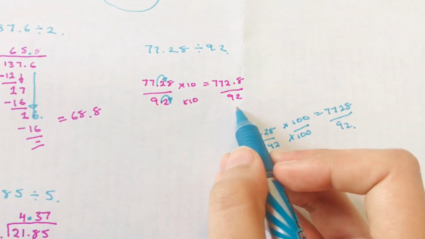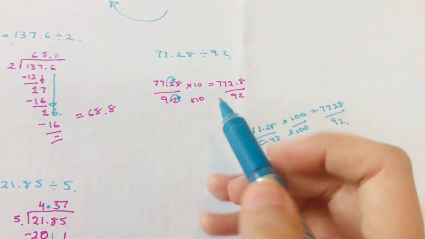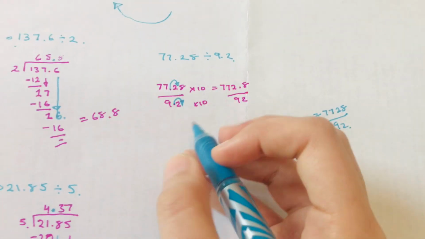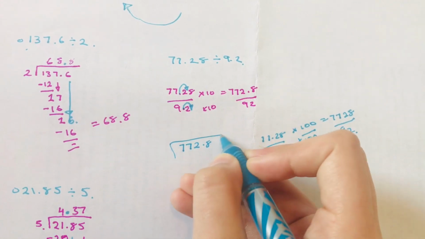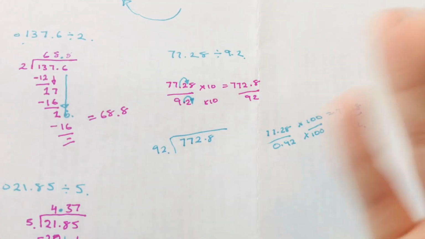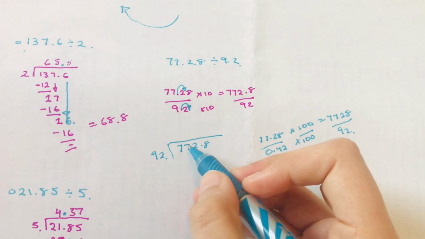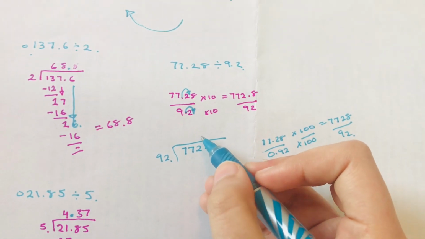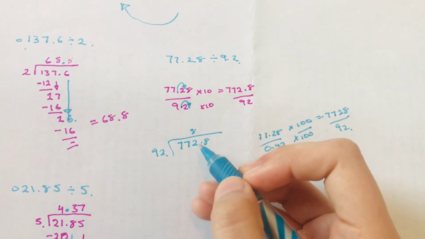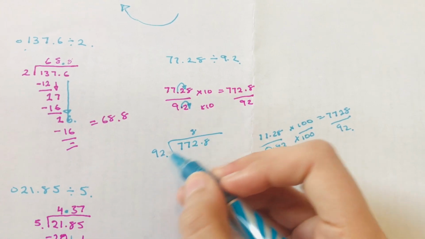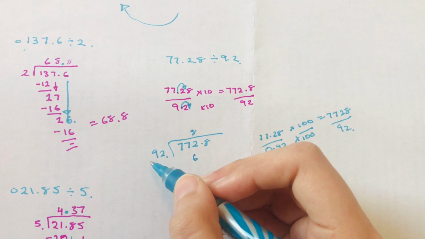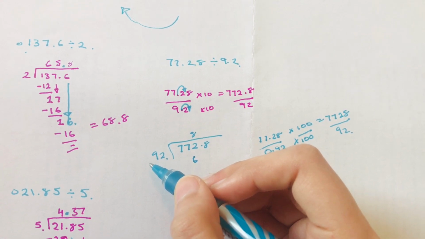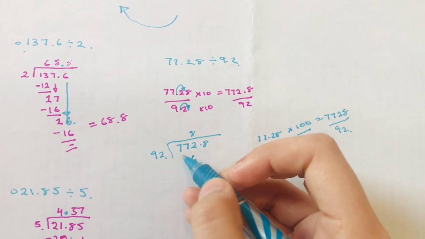So once you've got this, the concept is really easy. You just need to do what you did right there. So 772.8 divided by 92, and then you carry on like always. So you get 8 here. 8 times 92 is 8 times 2 is 16. 8 times 9 is 72, 73. Okay,